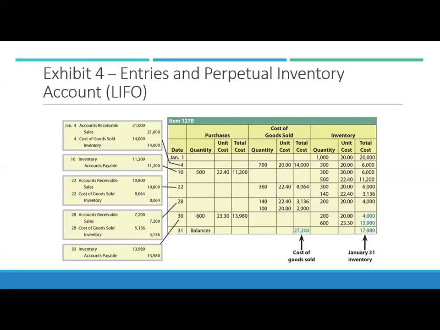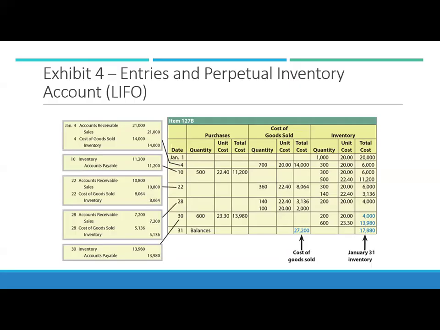Then on the 28th, we sell the remaining 140 units of $22.40 inventory. And then the 100 units that we still have to account for, the $20 inventory gets used for that. And then we make another purchase of 600 units. And then our ending inventory balance is 200 units at $20 and 600 units at $23.30. And so our ending inventory is 17,980, which is lower than under the FIFO method because we still have